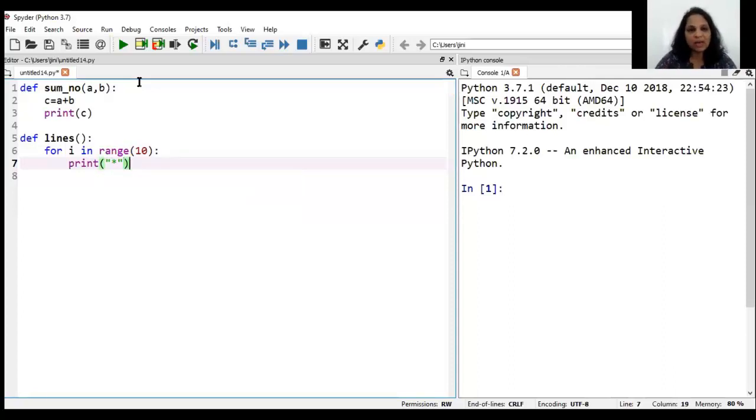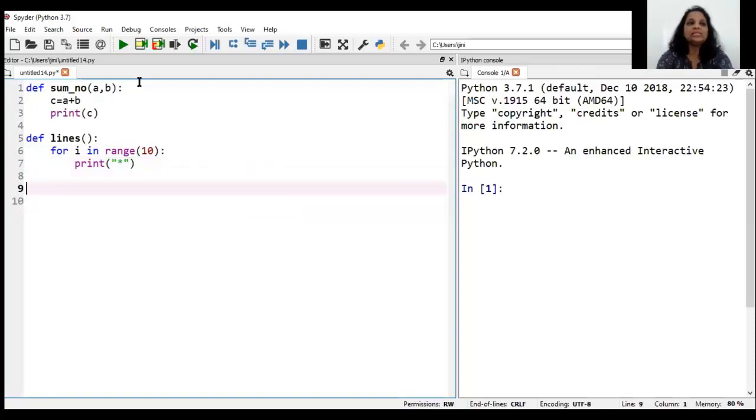So in this example, what am I trying to show you here? That I have a function named lines. It did not take any parameters, because to draw a line of asterisks, now this line is not going to be a horizontal line. We know that every print is going to display on a different line. If I wanted to make it a horizontal line, you must have learned that we have a parameter named end in the print function, which is by default backslash n.